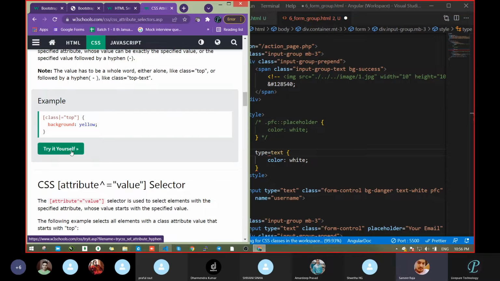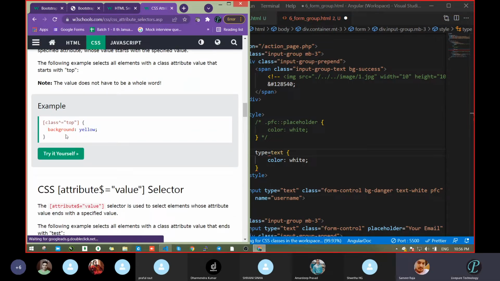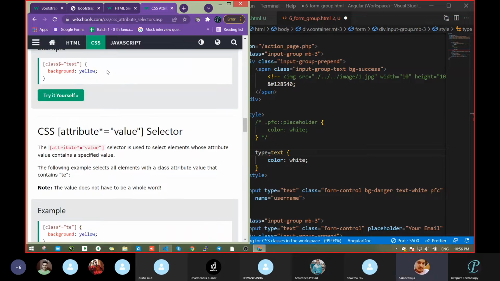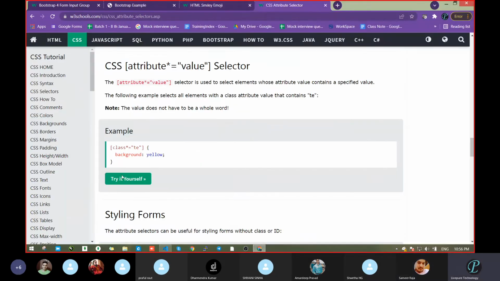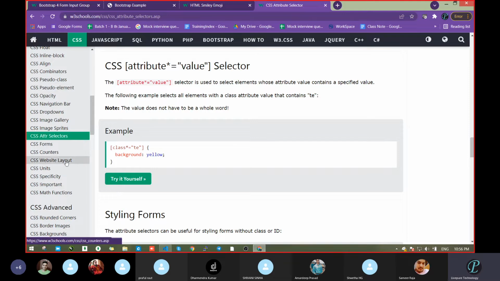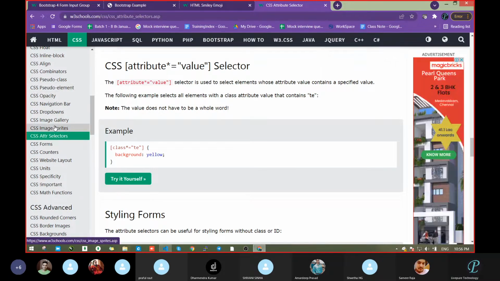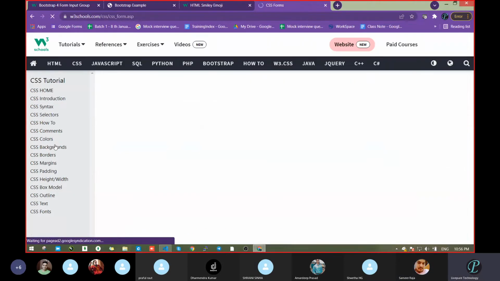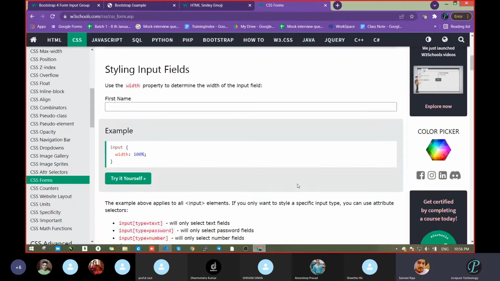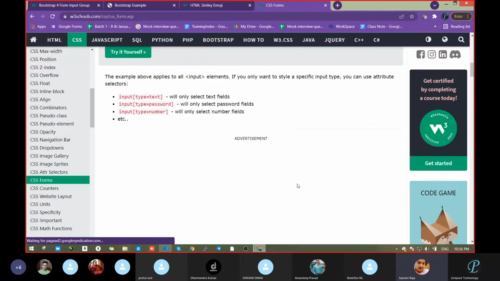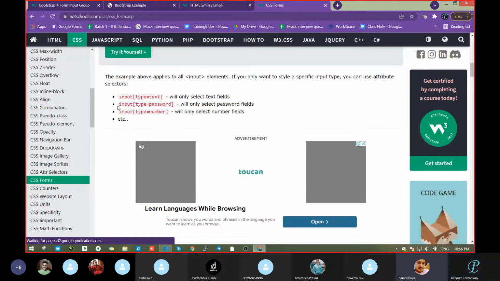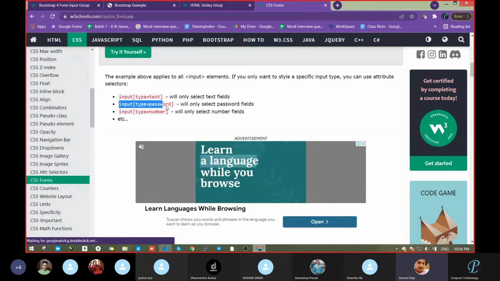Input wala, input class. I will open the form. Here is the form input. Oh, form. This one. I think input. Yes, yes, here. Input type is equal to text.